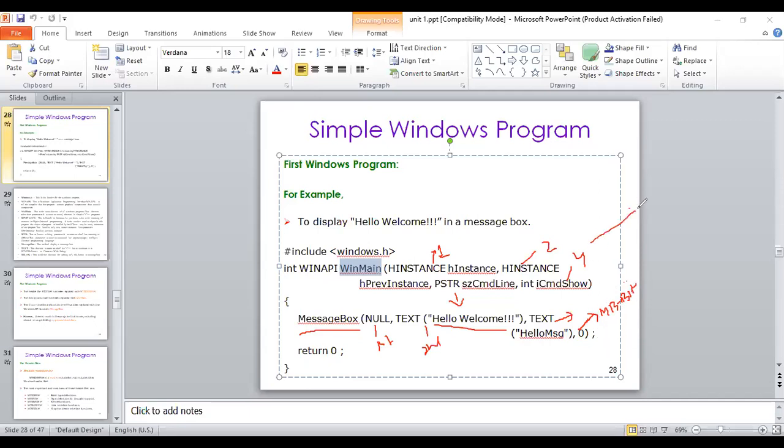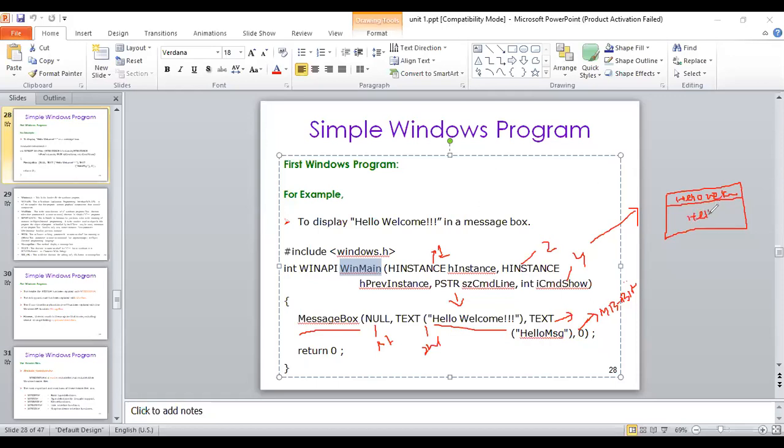When you execute this very first program in the Windows programming environment, it will create a window. The name of the window will be Hello Welcome. Here it will print a message, the hello message.